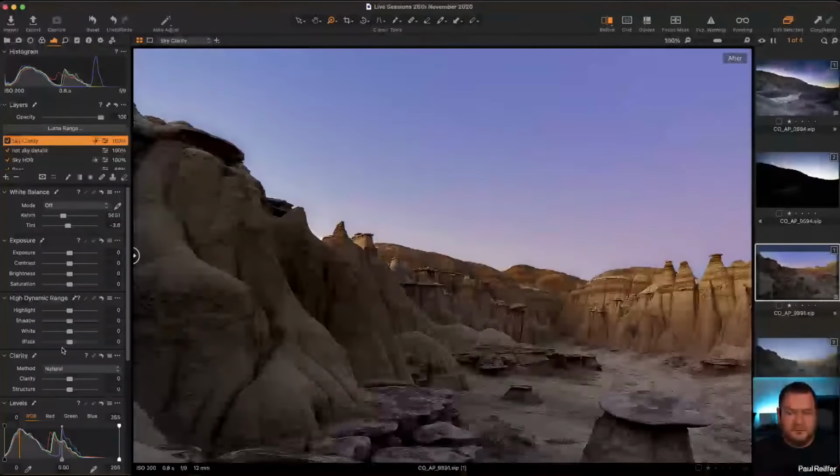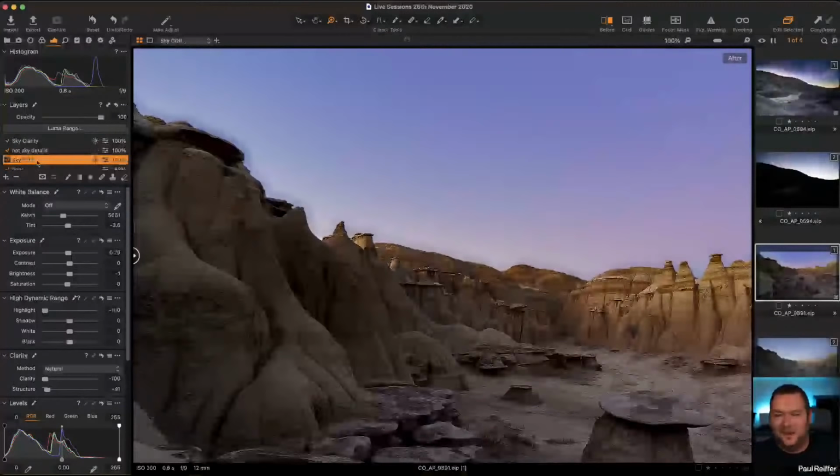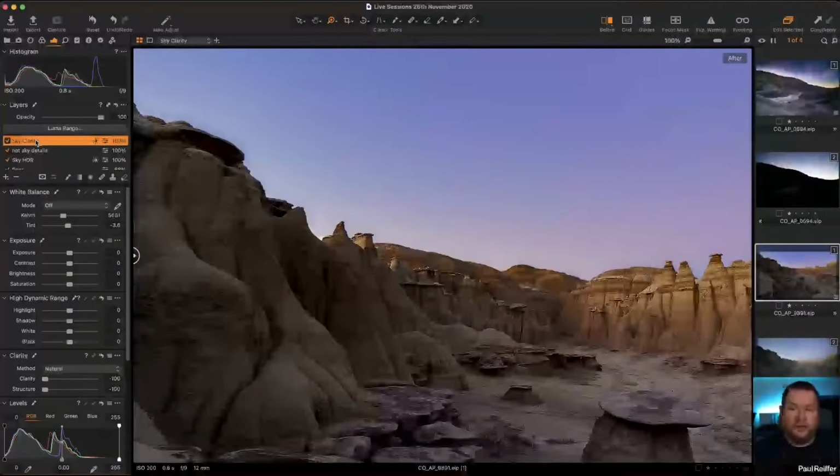But on this layer, I'm going to pull down clarity and structure just like before. On this one, I'm going to undo the clarity and structure. So we now have one layer, Sky HDR, which is just doing the highlight adjustment, and one layer called Sky Clarity, which is just doing the clarity adjustment. And on the clarity one, I'm going to delete some of the masked area as it gets nearer to the rocks